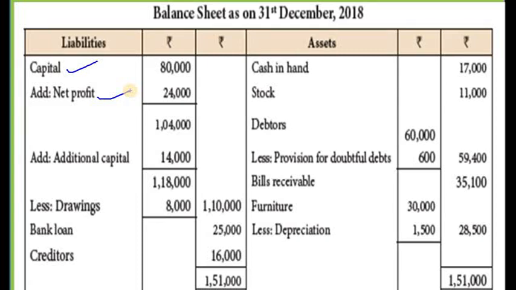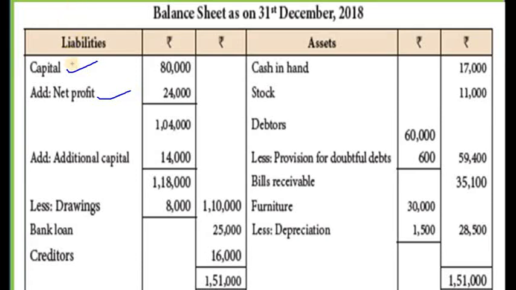In the trading account, we are entering incomes on the credit side, and we are deducting expenses on purchases and expenses related to purchases, factory expenses, all that in the trading account. After deducting that, we are getting gross profit. We are transferring that gross profit to the credit side of the profit and loss account, and we are making adjustments for office expenses and expenses related to sales, and we are recording some additional incomes. After making all the adjustments, we are getting net profit, and that net profit is transferred to the capital account